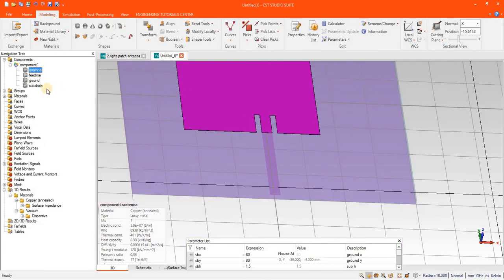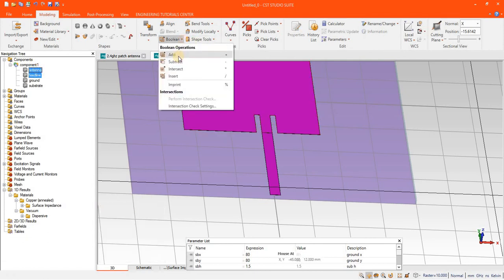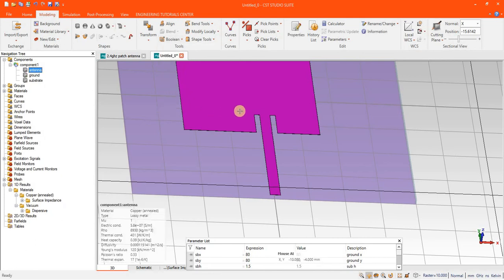After that, unite the feed line with the antenna, or add.